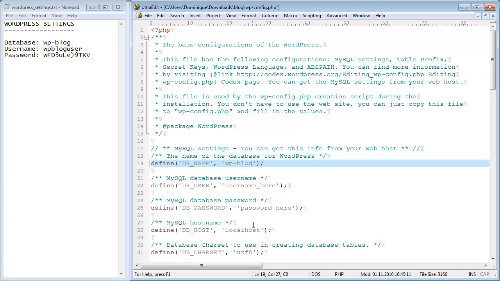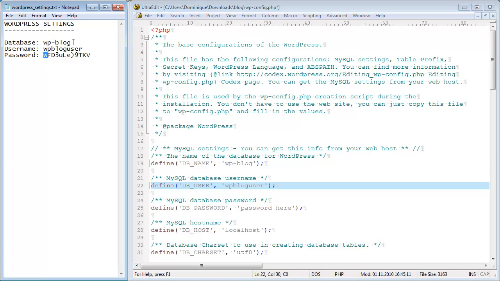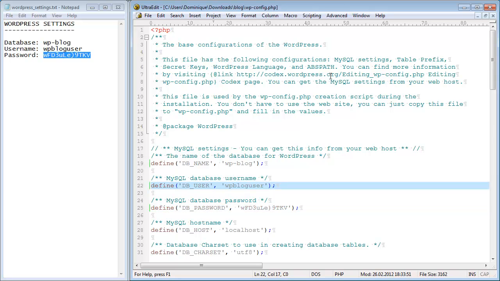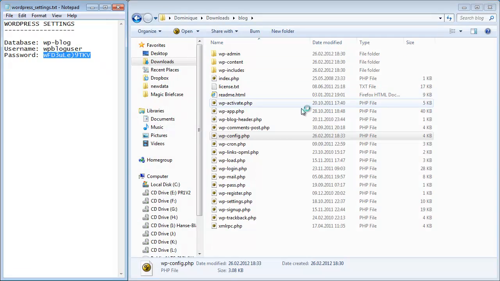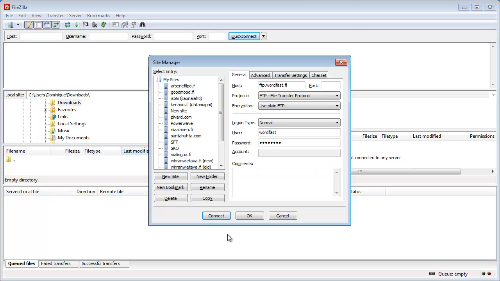The username was WP blog user, and the password I'll copy paste it here. Okay, and I'll save that file and I can close it. Now I can go to my FTP software, which is FileZilla. I will connect to my web server,